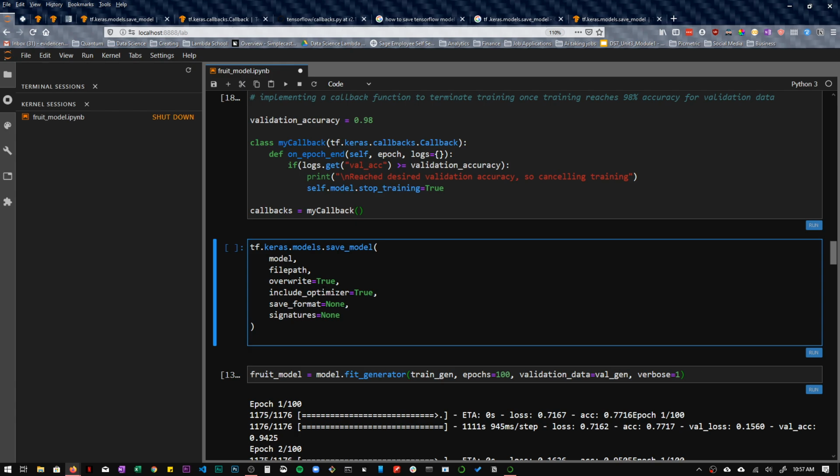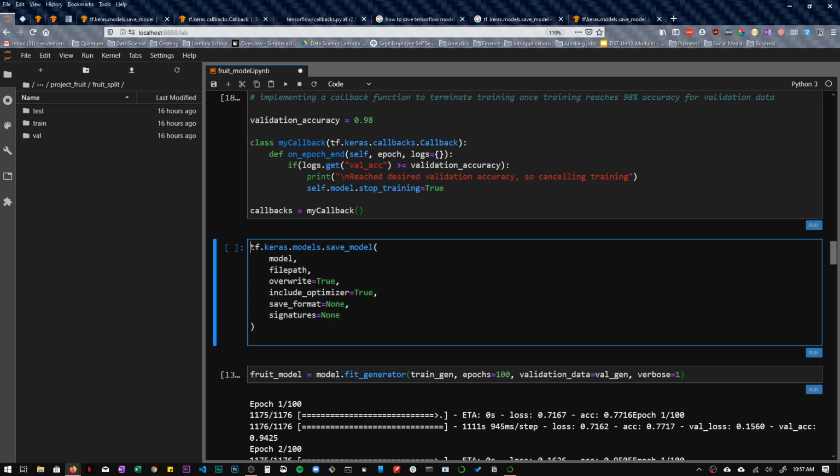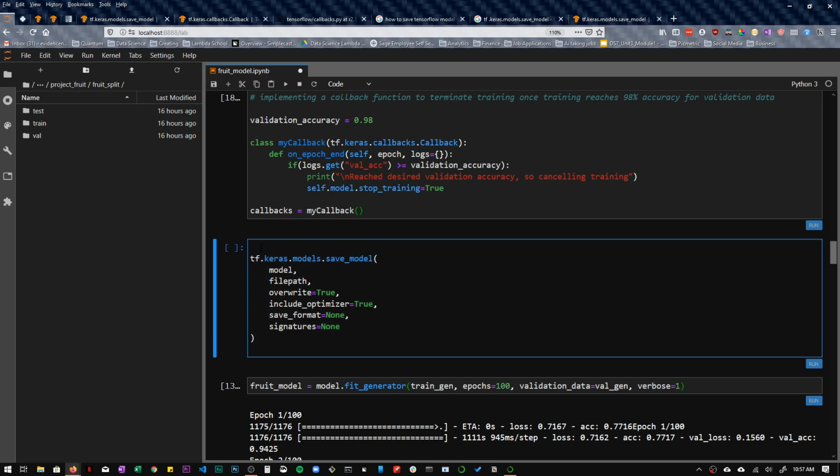So tensorflow.keras.models.save_model, and the model here is called model, and file path. So let's create a new file path is equal to, let's create a new folder called saved model. How about that?